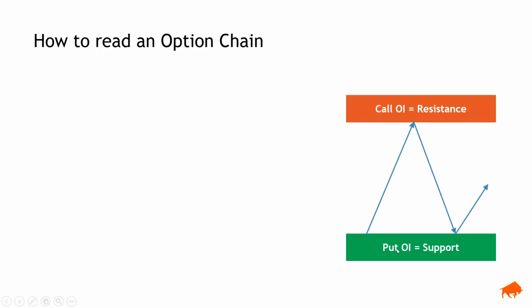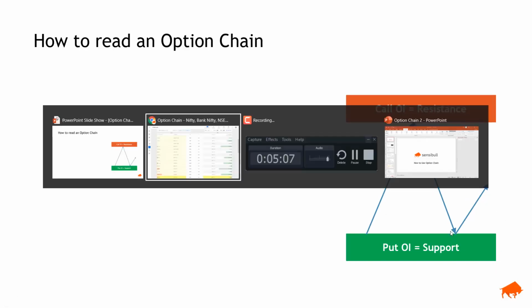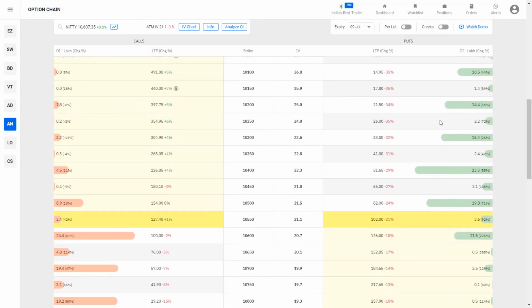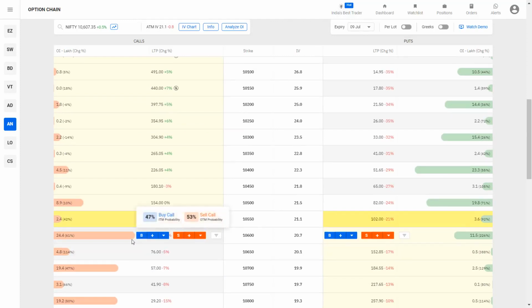Similarly, if you assume that a put seller is a strong enough institution which says, look, I don't think it is going to go below that, then you have to assume that they are right, and probably that is going to act like a support. So if it falls to, let's say, 10,000, it is probably going to bounce back this week because there is somebody standing here, and you can assume that this is going to struggle to cross 10,600 this week because there are so many contracts here, right?